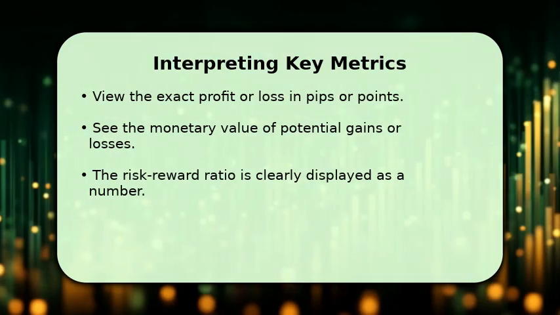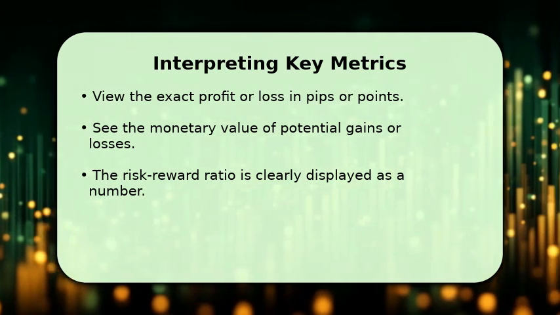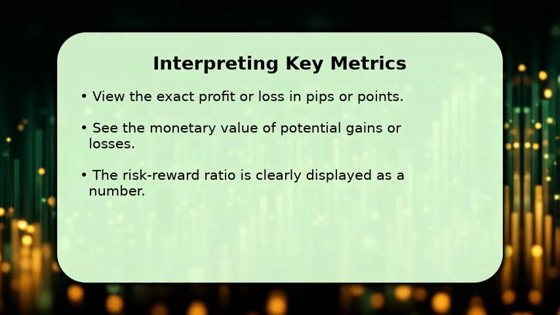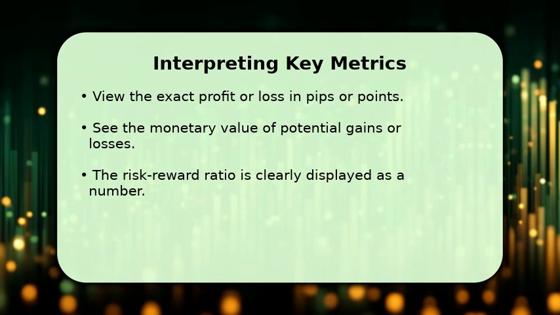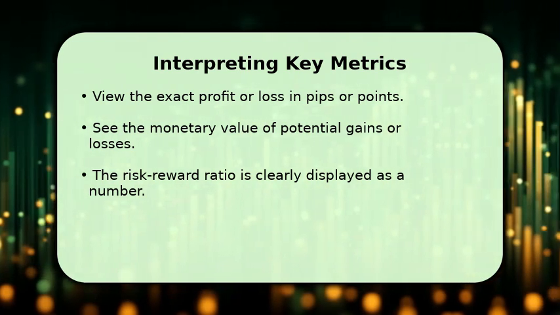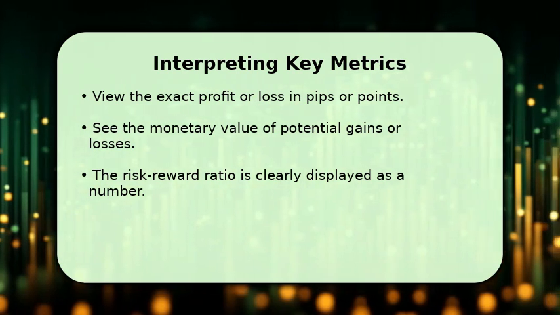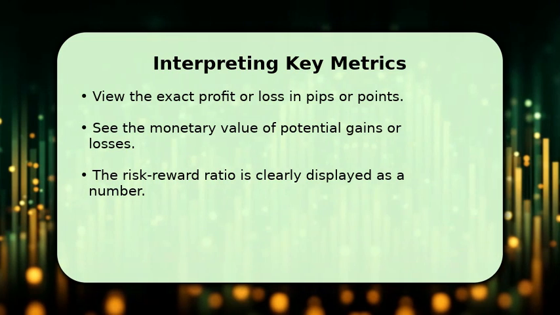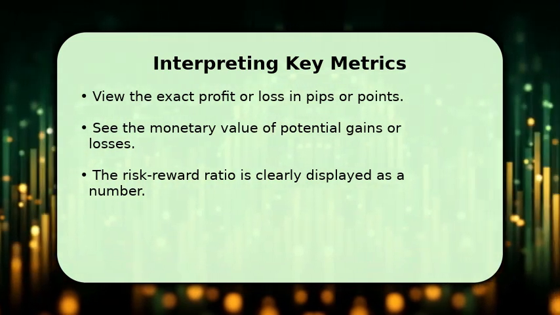After setting your parameters, the TradingView calculator provides several key metrics. You'll see the potential profit or loss expressed in pips or points, giving you a precise measure of price movement. It also shows the monetary value of these potential gains or losses, helping you understand the financial impact. Most importantly, the risk-reward ratio is clearly presented, for example, as 1 to 2, indicating your potential profit is twice